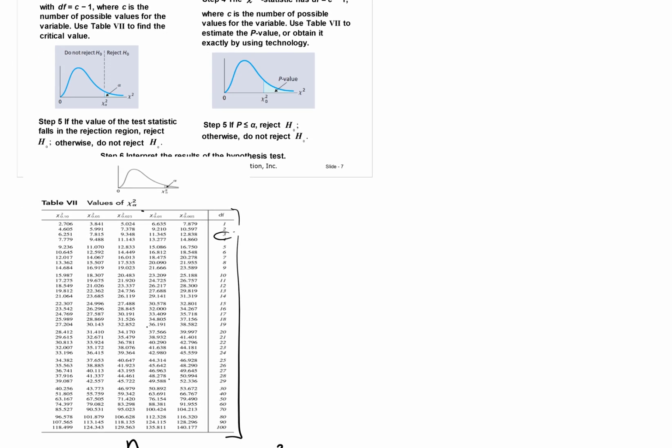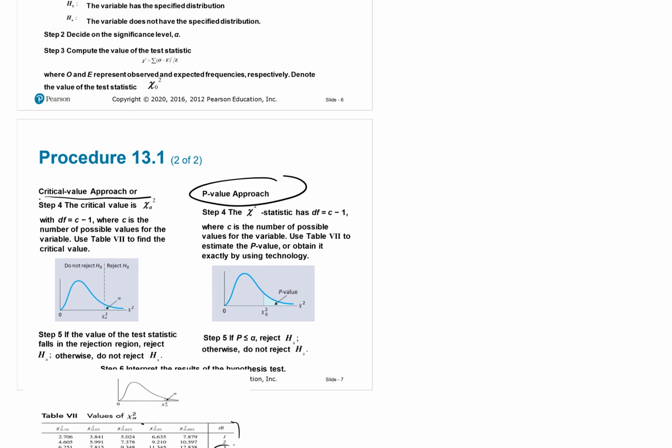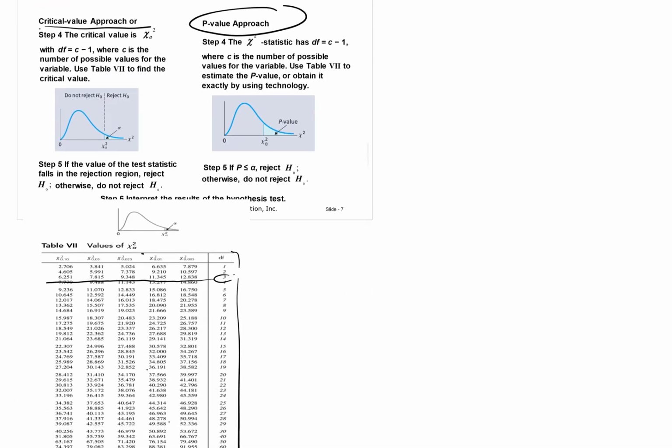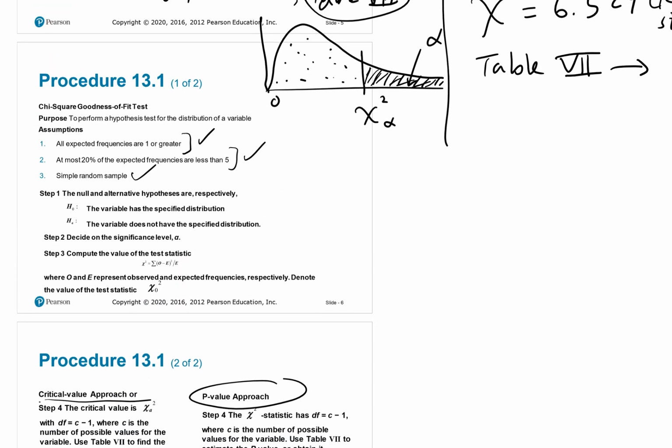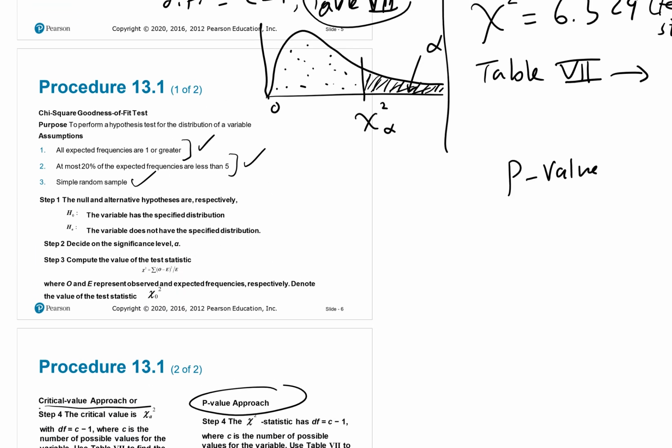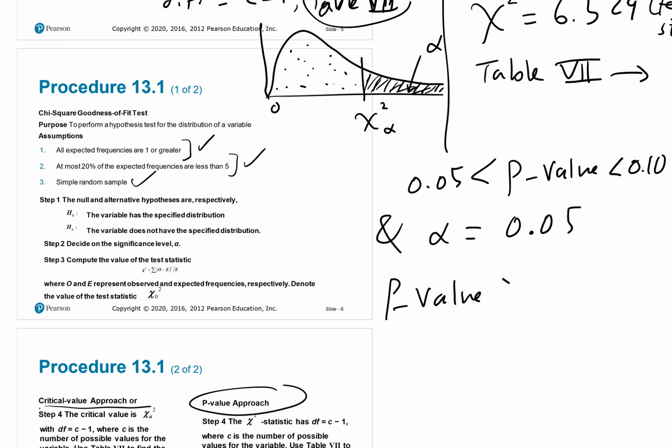This is degrees of freedom 3. 6.52, 6.5. So it's somewhere here, right? That's the number, 6.5. So if you project it up, that's between these two values. So between the 0.05 and 0.10. So the p-value falls between 0.05 and 0.10. And remember, alpha was given as 0.05. So notice that the p-value is bigger than alpha. So that's why we failed to reject